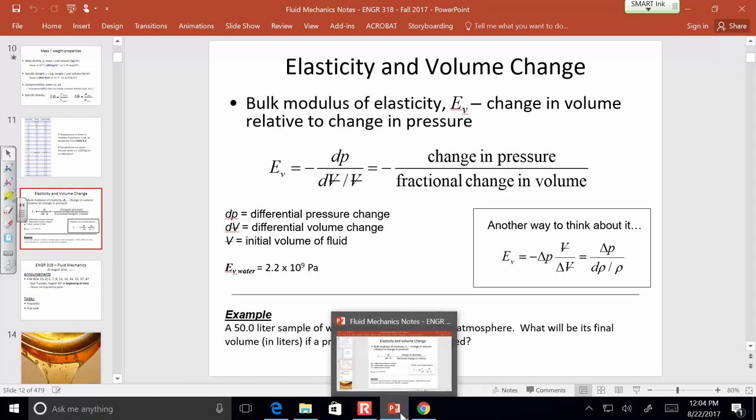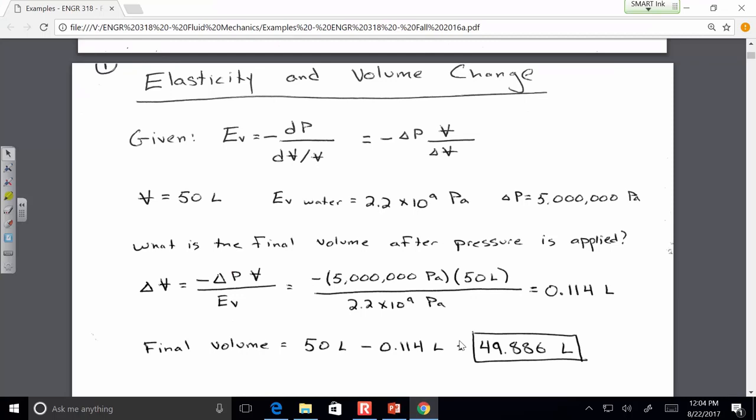So hopefully those already spring to mind. If not, then those are also in the FE reference manual that I'm going to be giving you. It reminds you all the engineering prefixes, you know, giga, mega, and so on, micro, nano. So rearranging the governing equation, because what we're going to want to solve for is this incremental change in volume,